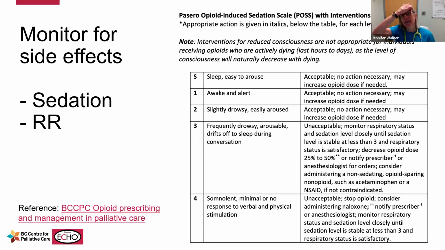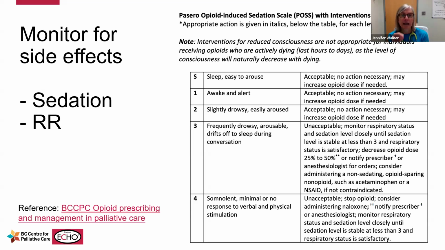So this is a scale that's used by anesthetists, and I think post-operatively and so on. I'm just using it as an example for you to recognize that if a resident is awake and alert and having pain, it's absolutely fine for them to get more pain medication or a breakthrough if they need it. If they're slightly drowsy, but they can be roused, again, it's acceptable for them to get it. If they're becoming more drowsy on an ongoing basis and kind of nodding off or drifting off during conversations or during meals,